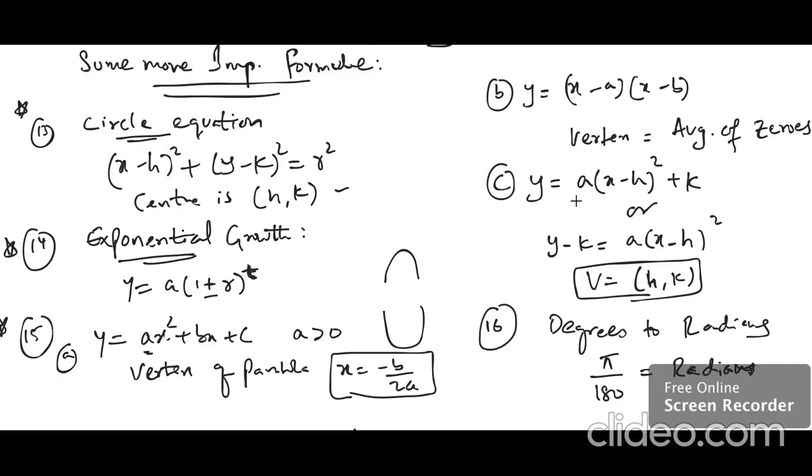Sometimes in the SAT questions, they'll give you a quadratic equation in this form and ask you to work out the vertex. That is nothing but finding h and k, or it can be given in this form or this form, where the vertex is nothing but (h, k). Now degrees to radians, we know the conversion: pi is nothing but 180. So if you want to convert degrees to radians or 1 radian to degrees, this is how you do it.